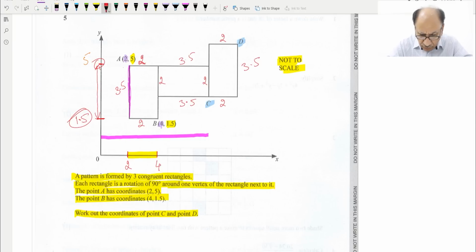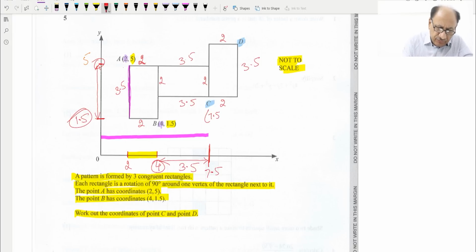up to this level, this is also 3.5, so 4 plus 3.5 will be 7.5, so the x coordinate will be 7.5, and the height will be up to this one,